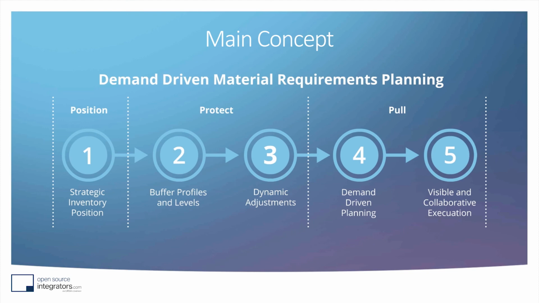In terms of operations, we have the last two steps. First is the procurement team that should take care of the buffer and drive the demand. And the last one is, by your color-coded signals, the whole team within your organization can execute the planning through visible KPI and collaboration.